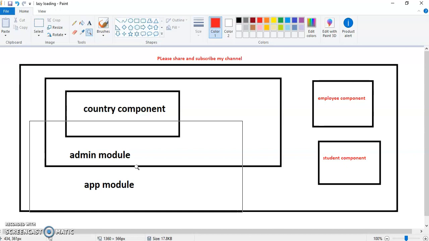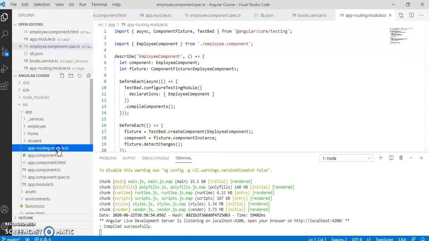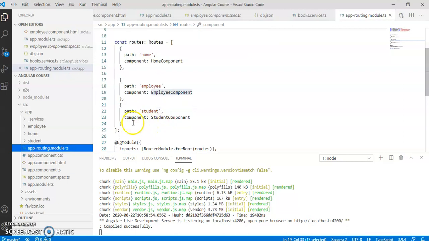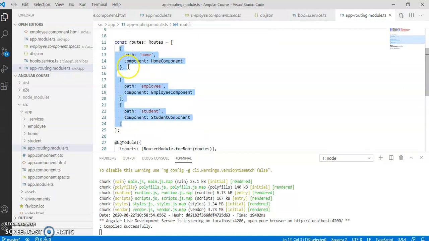So how can we achieve it? Generally, this can be achieved using routing. When you look at the routing module, I have three paths, three objects. This routes is an array of objects.